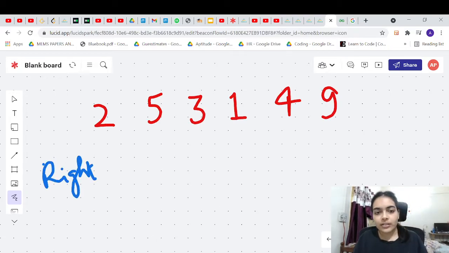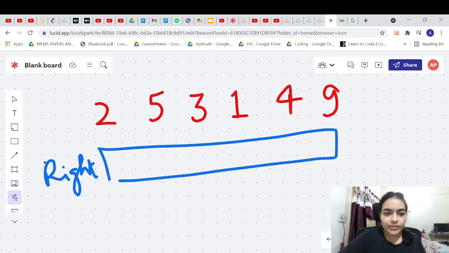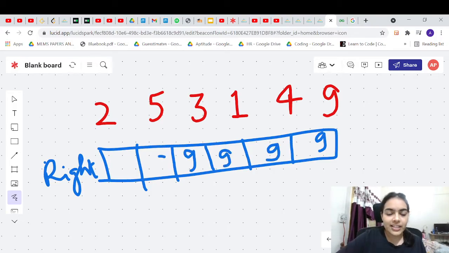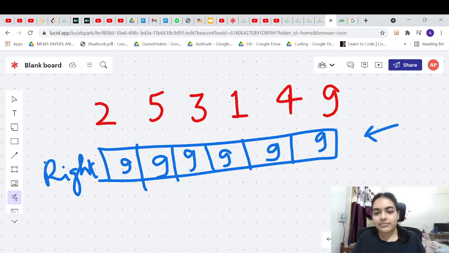For the right side, we can use an array, we can use a suffix array for finding the best on the right side. So for example, let's build the suffix array, which will denote the biggest element you have seen till now on the right side. So if you start from the right side, the biggest element is 9. For this entire array, the suffix array will just be 9, because we are never seeing an element greater than 9, right? So the suffix array simply consists of the element 9. Okay, so this is simply the answer. So in the suffix array, you are building the element that you have seen maximum, right?